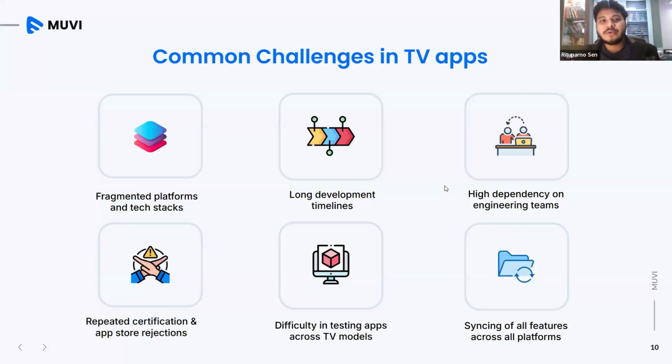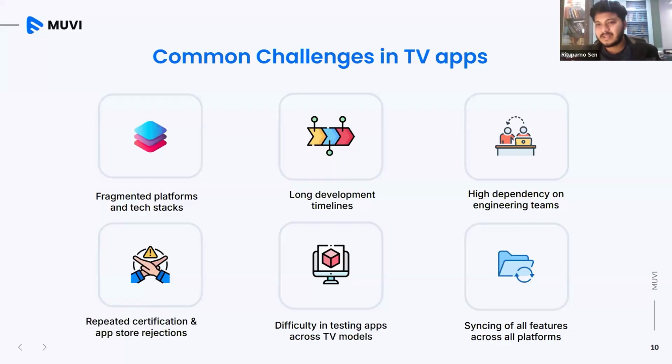When we individually try to create our TV apps, there is a high level of dependency on our engineering team. Your engineers need to understand that there are this many players in this market, and each has a unique set of libraries and tech stacks.